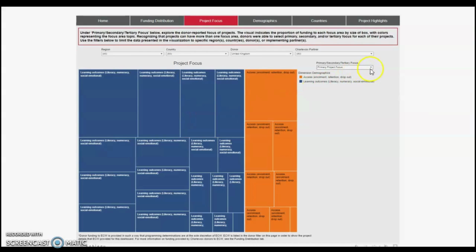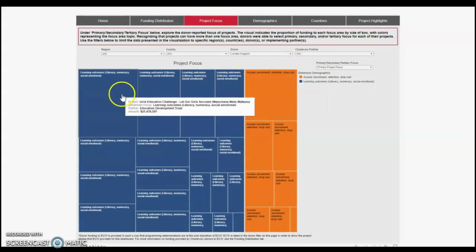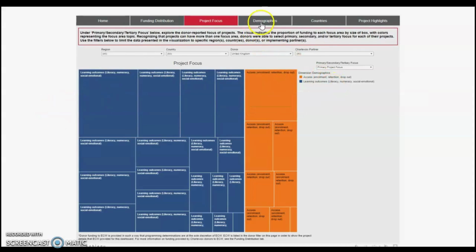On this page, you can also filter by primary, secondary, or tertiary project focus area. This represents the project focus areas donors selected to describe the projects they are funding in order of relevance. So, for instance, on this page, I have already selected the United Kingdom, and I can see that learning outcomes is an important primary focus for many of their projects.